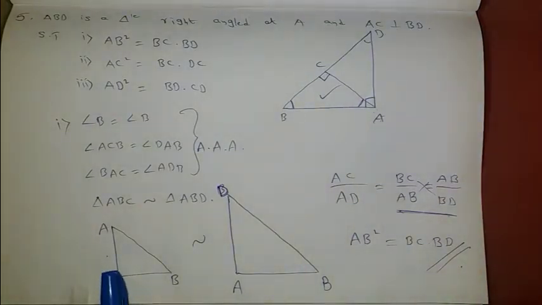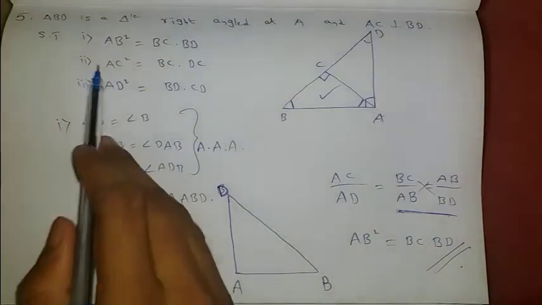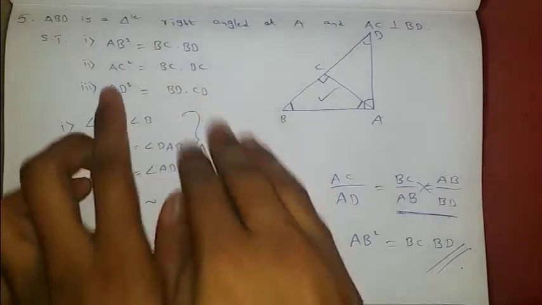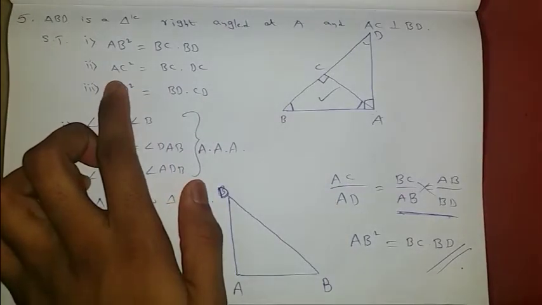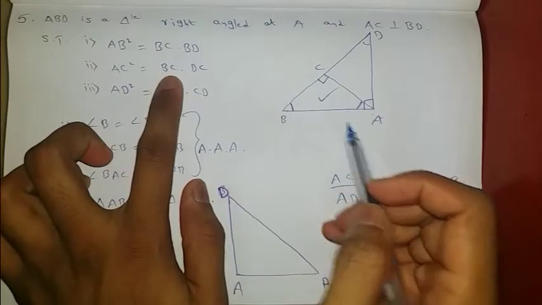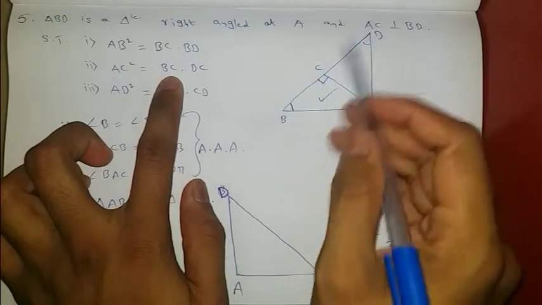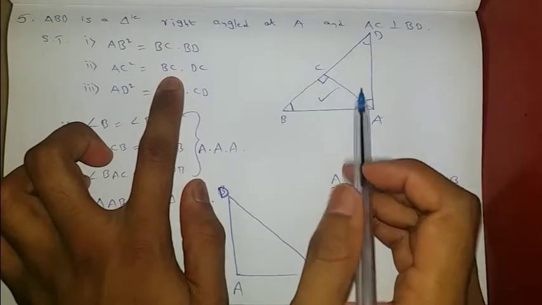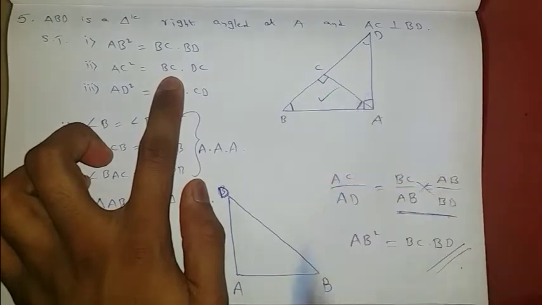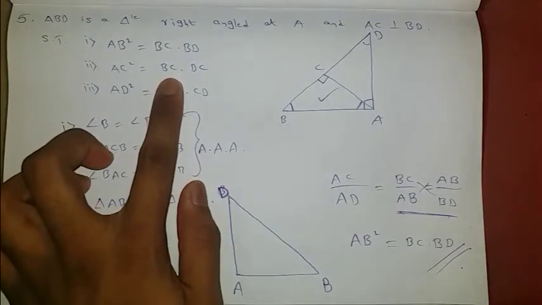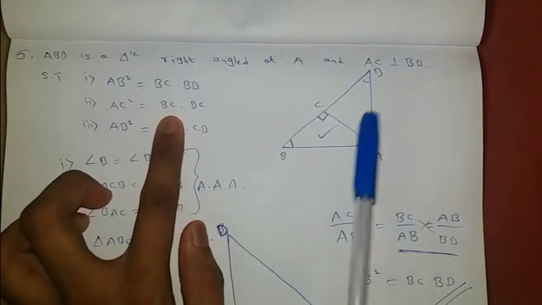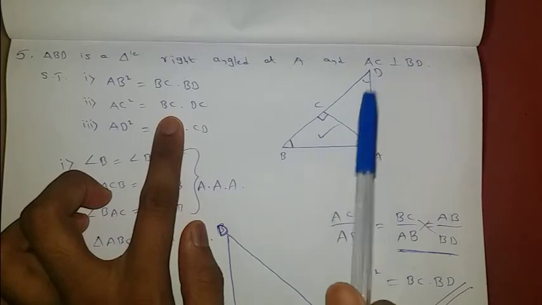See here, as I already said, if we are able to write the corresponding angles in the same order, only then can we solve it. Okay, now let us check the second question. Show that AC square equals BC into DC. AC is the middle line, BC is the smaller one, and DC is the bigger, upper one. So it means we need to take the lower one and the upper one now. Again the same, lower triangle and upper triangle.